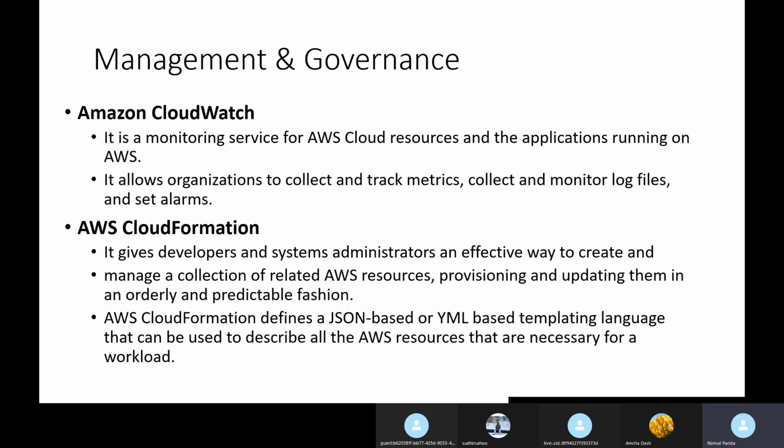Next is CloudFormation. CloudFormation gives developers and system admins an effective way to create and manage a collection of related AWS services, provisioning and updating them in an orderly and predictable fashion. You can say CloudFormation is an IaC tool, infrastructure as code. Using JSON-based or YAML-based templates, you can create your infrastructure.